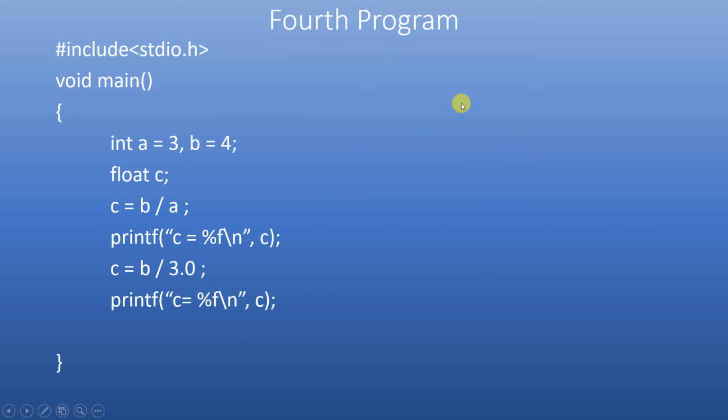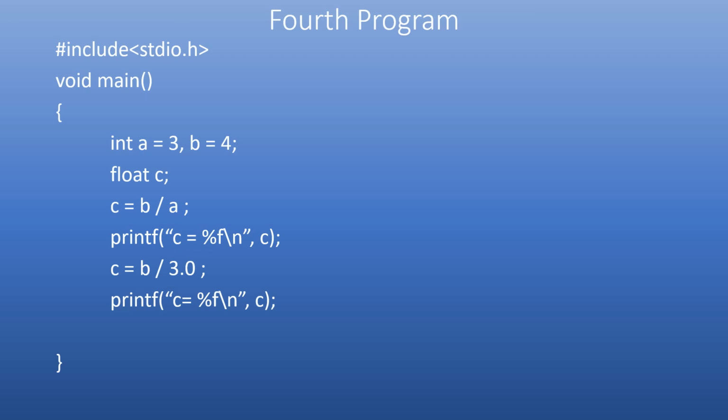So this is the fourth program. This program represents the division operator exclusively. I have taken two variables a and b whose initial values are 3 and 4. I have declared those variables. Variable declaration means I will specify the number system. I will specify the data type of those variables. I can also specify their initial values.